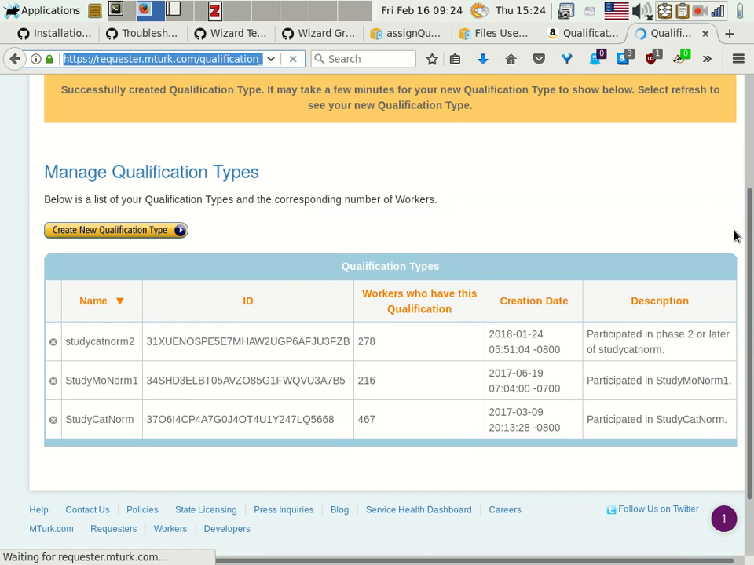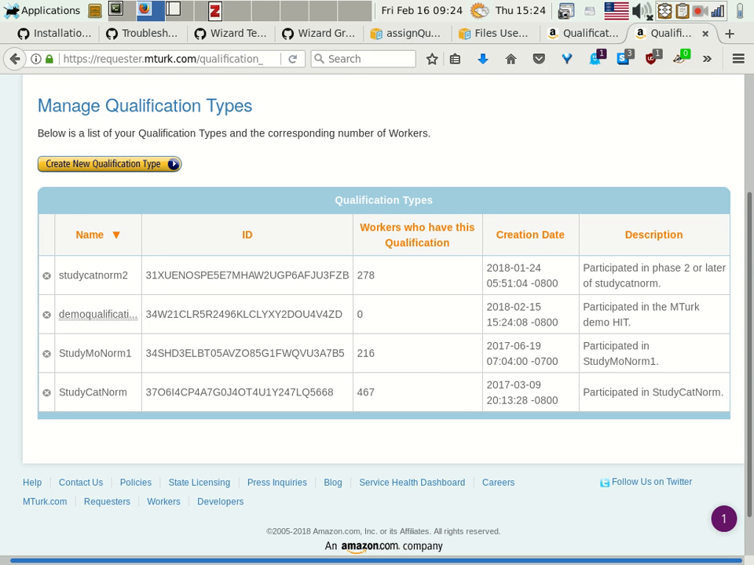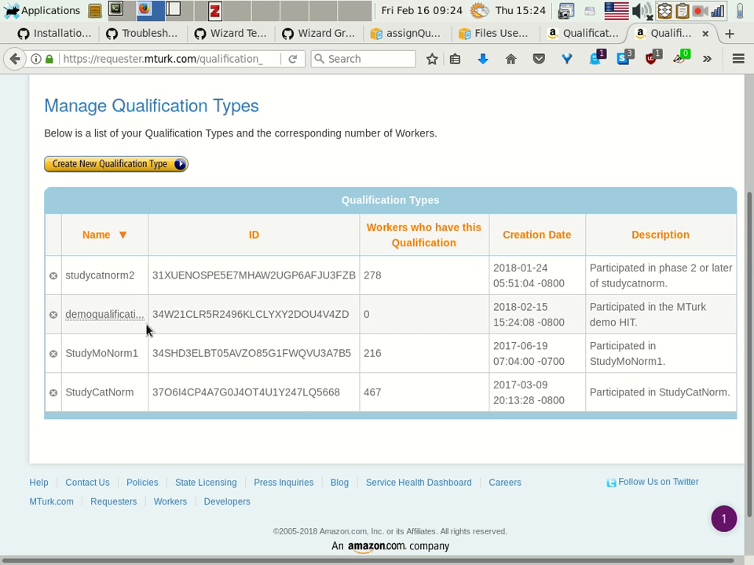Okay, I have to refresh until it shows up, which usually happens immediately. So we've got the demo qualification. You can click here and get the details about it that you need. Oh yeah, we just need the ID. So it has a qualification ID, and this is the ID that you need when you assign the qualification,